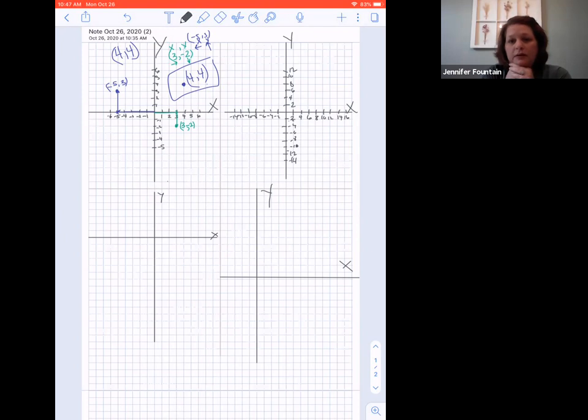Everybody good with that? Okay, so like I said, there will be some examples in the textbook where we have to work with our numbers to make them fit on the graph. But I just wanted to show y'all that there is no one set way. And so we'll go ahead and get back to,